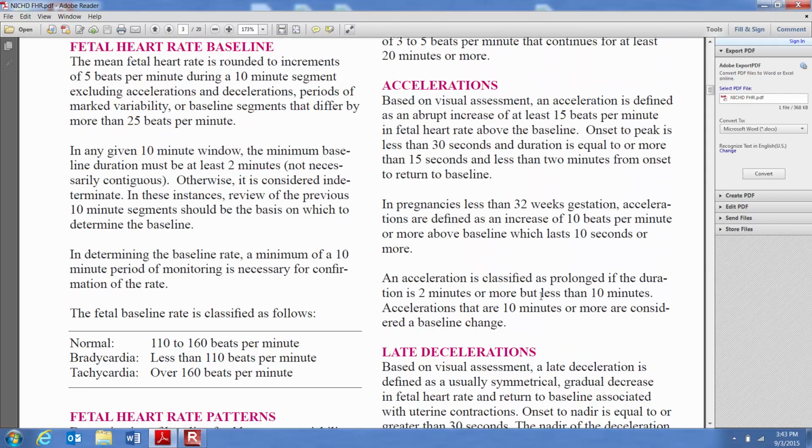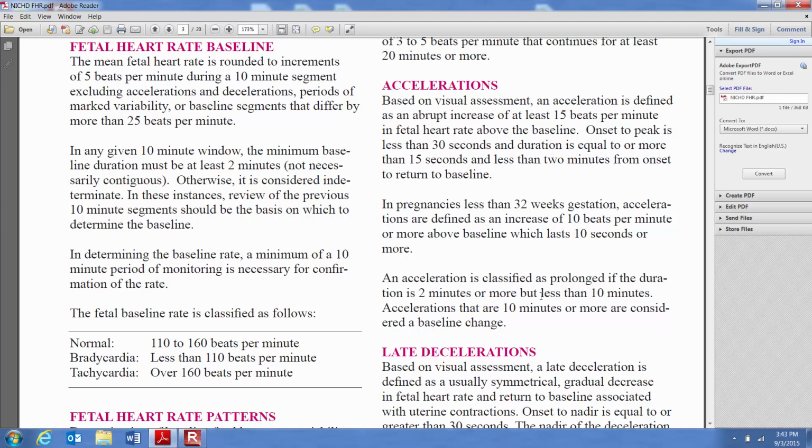I don't know if it says it in a later part of this screen, I'm just going to tell you. If the acceleration is greater than 2 minutes, then it's a prolonged acceleration. And you'll have a lot of those. I don't write that a lot in my charting, but for an exam, if it's asked on exam or NCLEX, what it is called if an acceleration lasts more than 2 minutes or less than 10 minutes, it's a prolonged acceleration. But in my charting and in normal charting, prolonged accelerations are not really designated as prolonged,